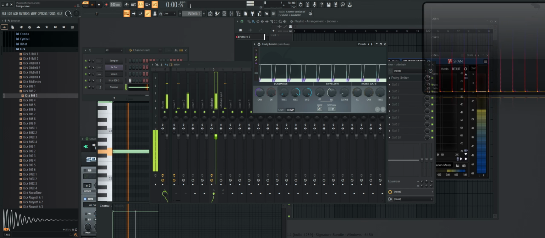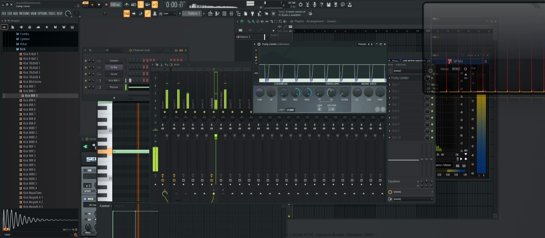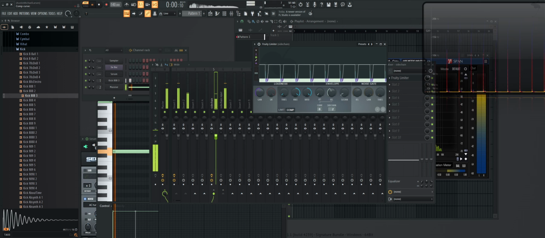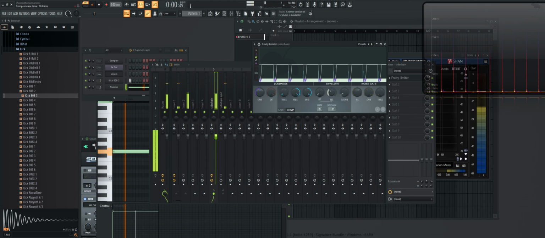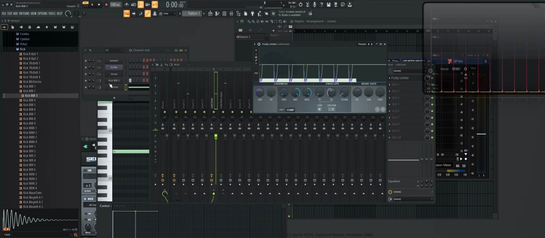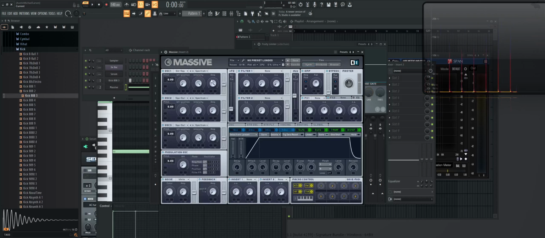And you can mess with these curves here. If you don't like that curve, go for a different one. To me, they all look pretty similar. But yeah, since I'm on to subs and basses,